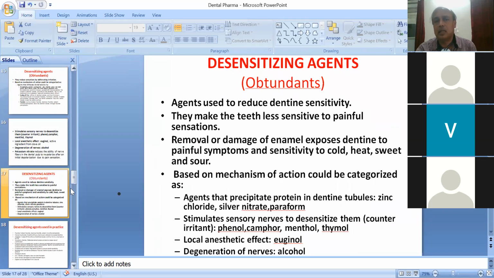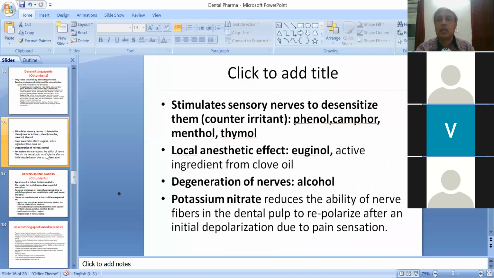Then the next category of the obtundants or desensitizing agents are the agents which reduce the excitability. Then there are the drugs which stimulate the sensory nerves to desensitize them. You might be familiar with this term, that